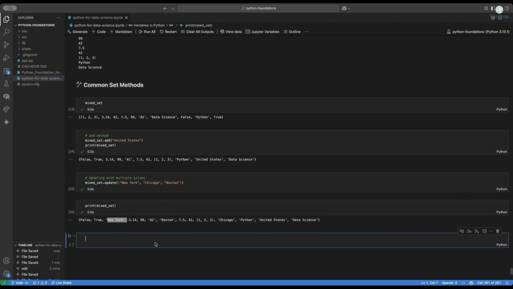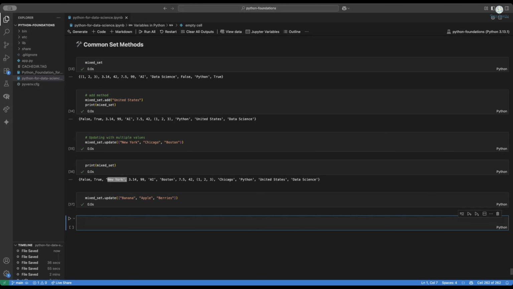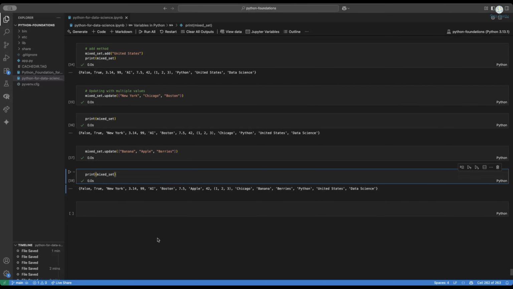You can do the same thing with a different data structure format. I want to say update, and I want to add some fruit names here. So banana, and I want to add apple, I want to add berries, right? If I run that, it's also successfully added some values. If you print the values of the set that we have added, we can see that banana has been added already, berries has been added already, and apple has been added already. They are not in the sequence that we have added. They